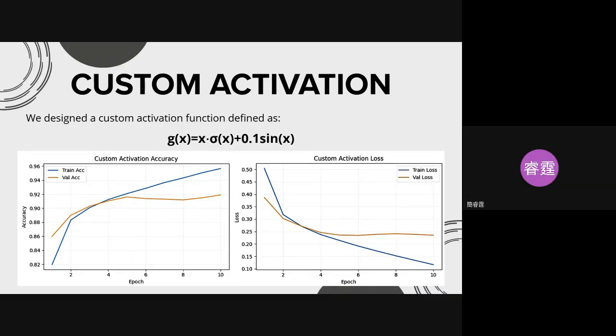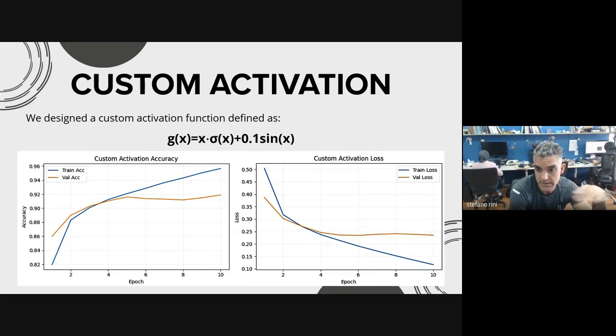Okay, however, the validation accuracy starts to slow down after around 4 or 5 epochs. And you see that the network is still learning after 10, right? So the network, since you have this sign, right? The network doesn't settle very easily around zero,